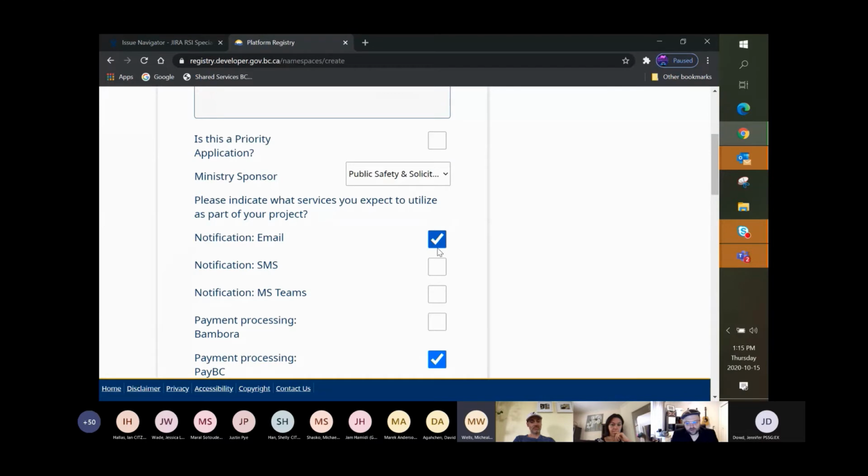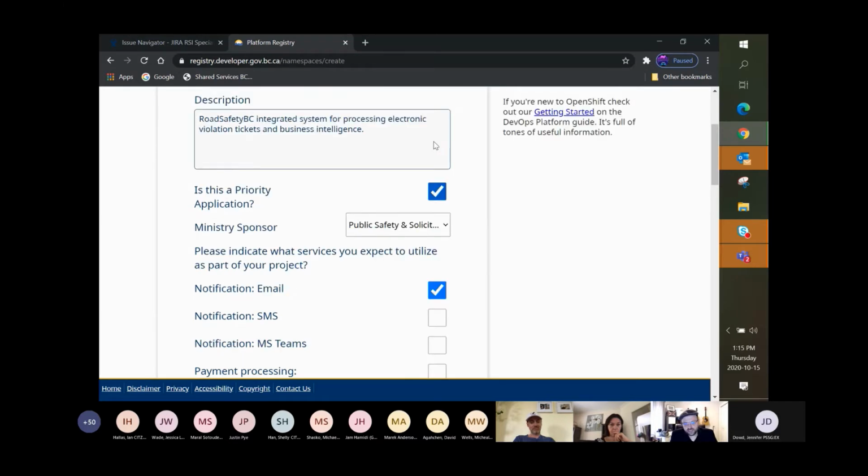I would say call yourself a priority unless you're not a priority. Meaning, to your point, because it's loose language right now, Michael, it has to do with the critical system standards as set by the province. So calling yourself a priority is fine. You're not putting yourself at risk. All you're doing is identifying that you're going to be potentially asking for some different things as time goes on,